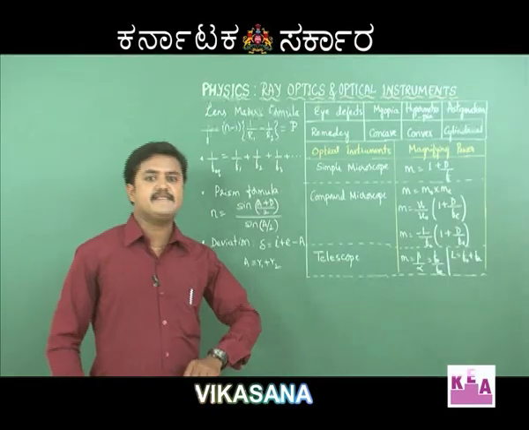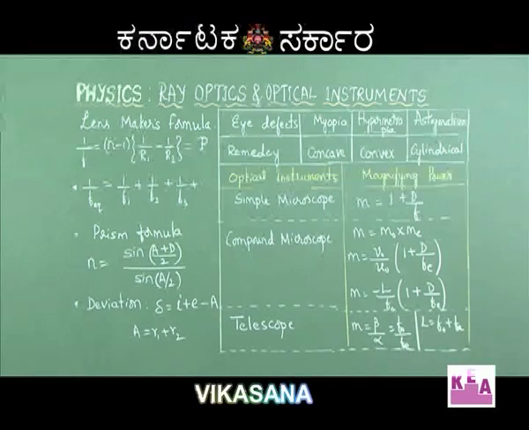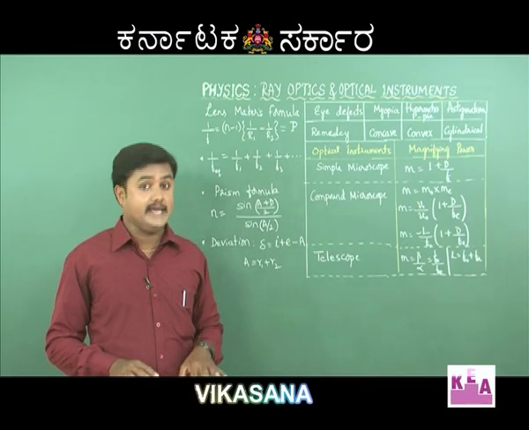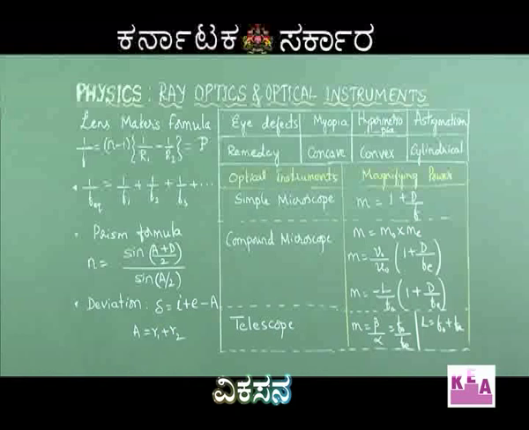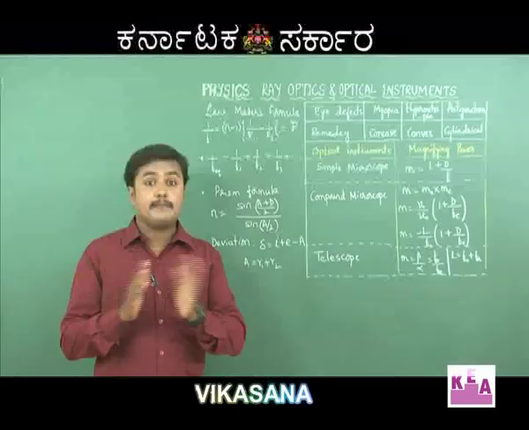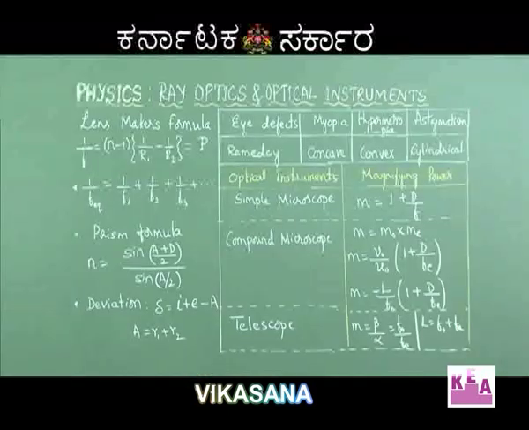Moving further, lens maker's formula is given by 1 by f is equal to n minus 1 into 1 over r1 minus 1 over r2 with proper sign convention, and it is when the lens is surrounded by air. And this reciprocal of focal length is nothing but the power of the lens, and it is positive for convex and negative for concave. And when two or more lenses are kept in contact coaxially, then the effective focal length is given by 1 over f is equal to 1 over f1 plus 1 over f2 plus 1 over f3,